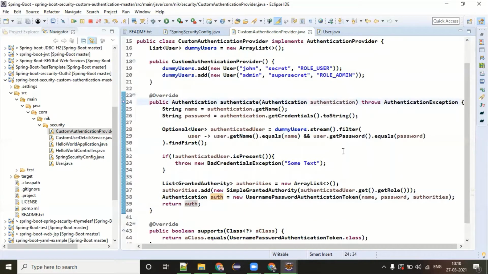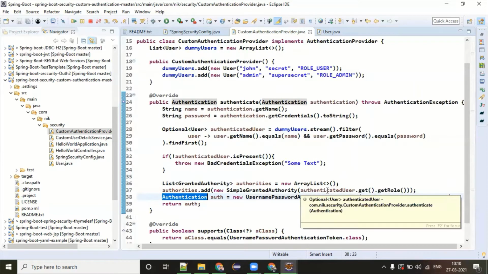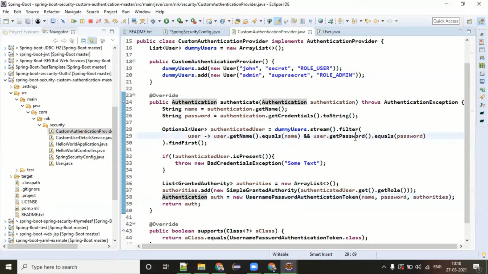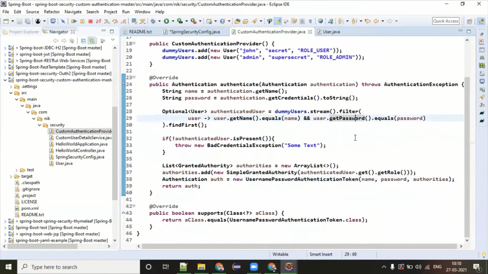So the authenticate method's work is: get the username and password, authenticate it, create an authentication bean and put it into the container so that it is easy to work with. On the other side, if you look at this, there is another method called supports that also needs to be overridden.